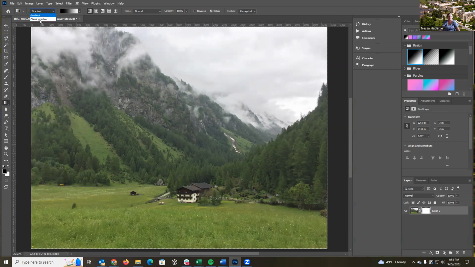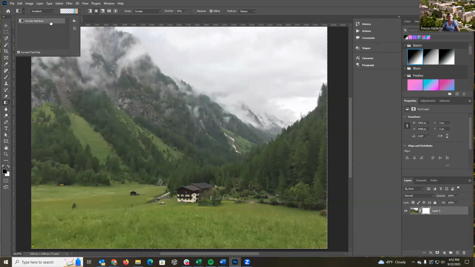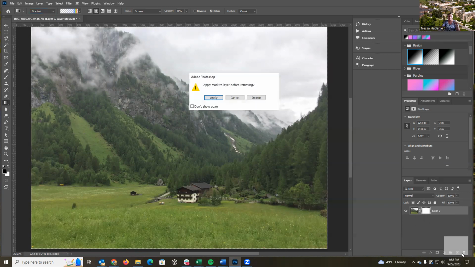And just for fun, let's look at the gradient options. Circular rainbow, not exactly what I was looking for. Okay. But you can play with those different gradients and pull them onto a mask, and it's going to let you show or hide in a very gradual way. And you can edit your gradient so that there's more or less showing on it. Another way to work with gradients, just delete that mask,